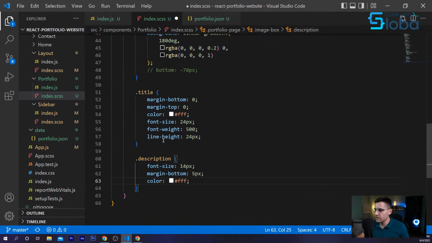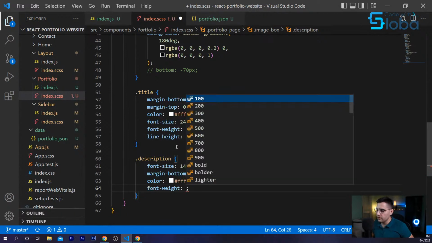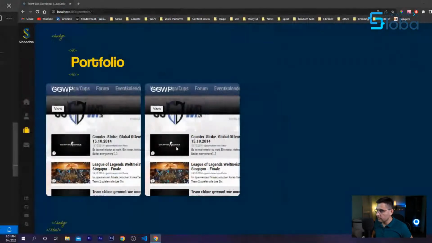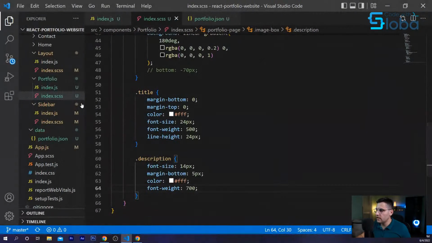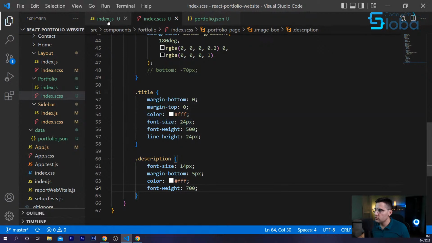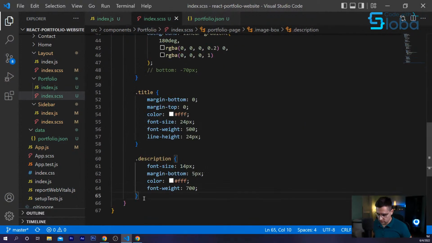So we want to have a contrast here. And again, I want this to be bold, so font weight to be 700. That's nice. Okay. And the last thing that I want to target here is the button. Let me just see what is the class name. Oh, well, very nice class name. That's button.